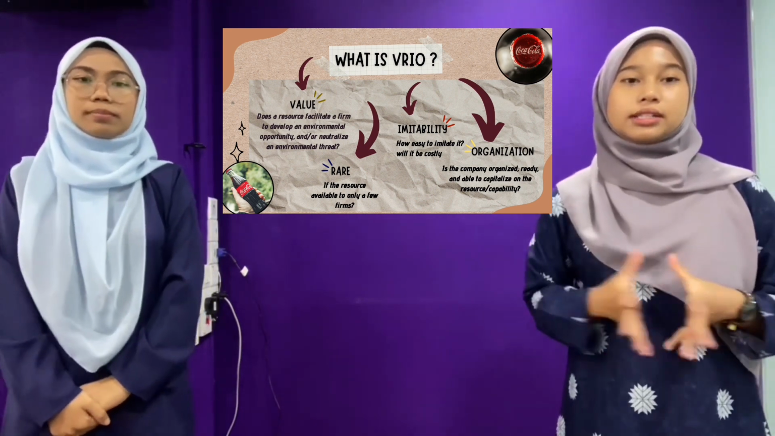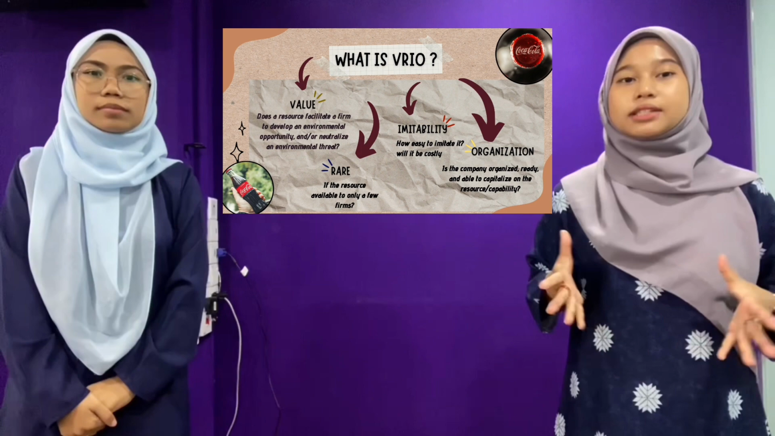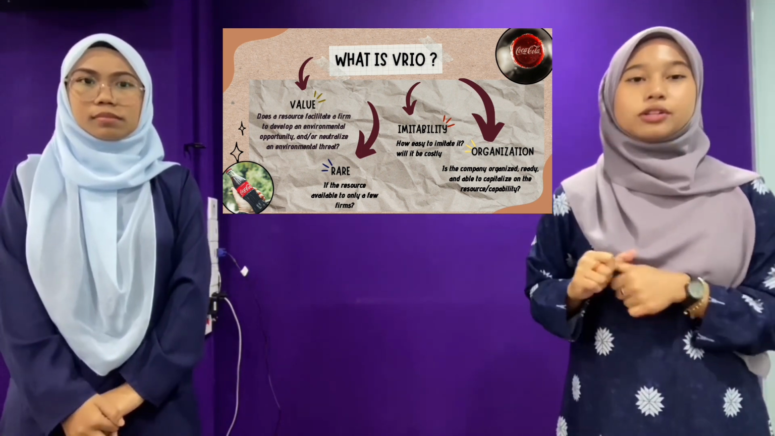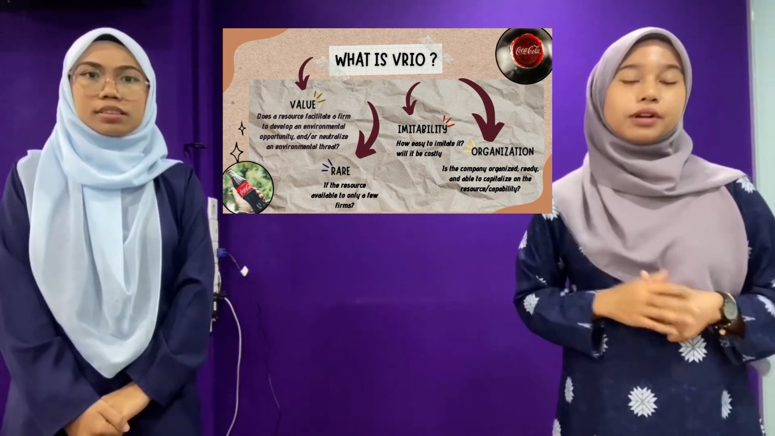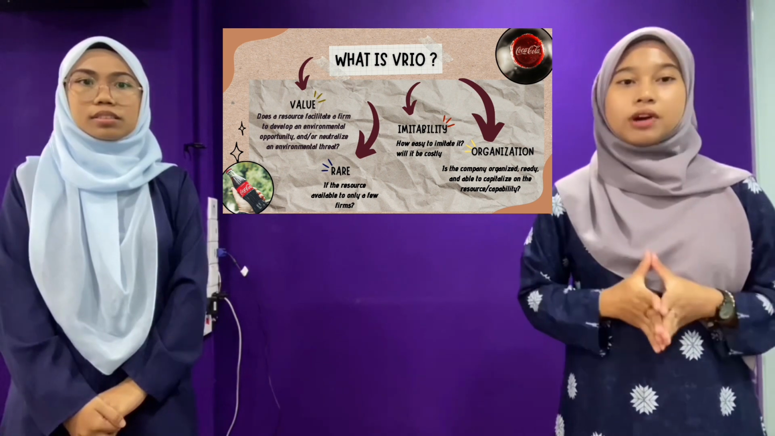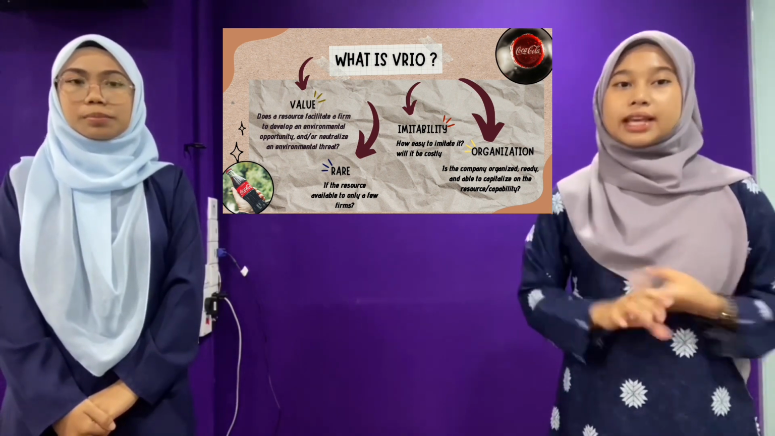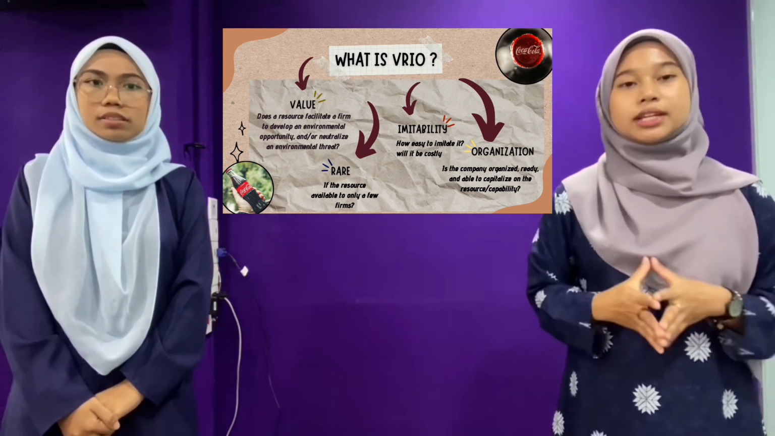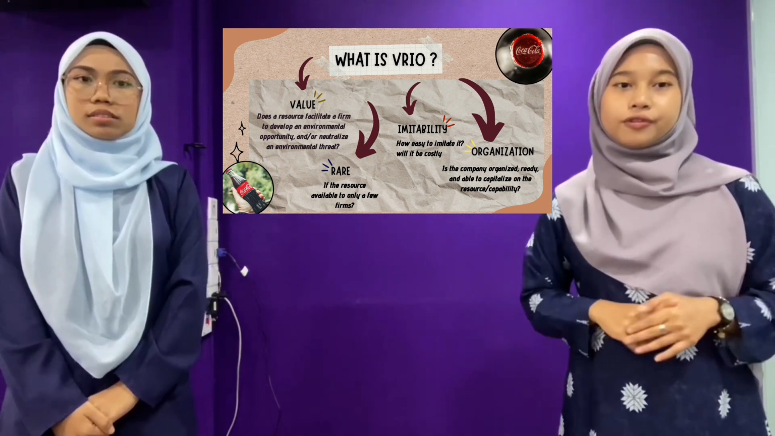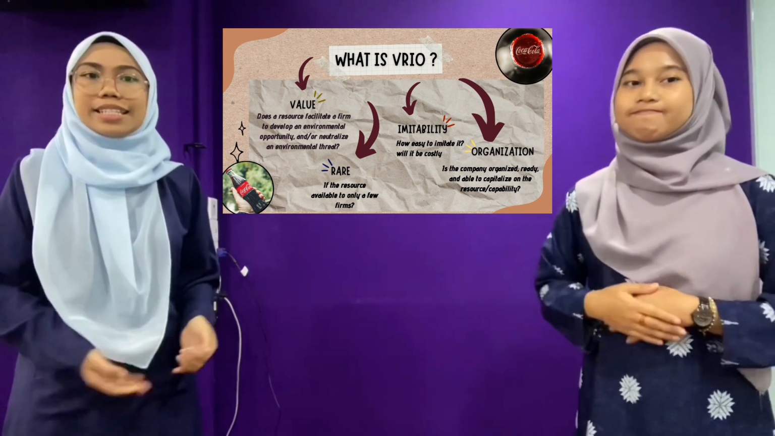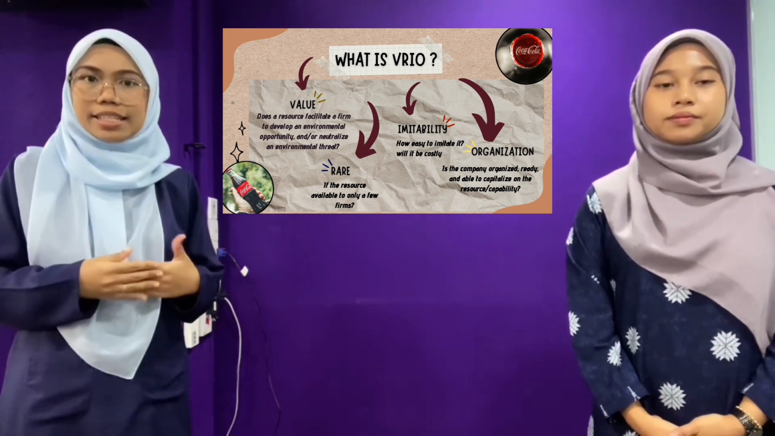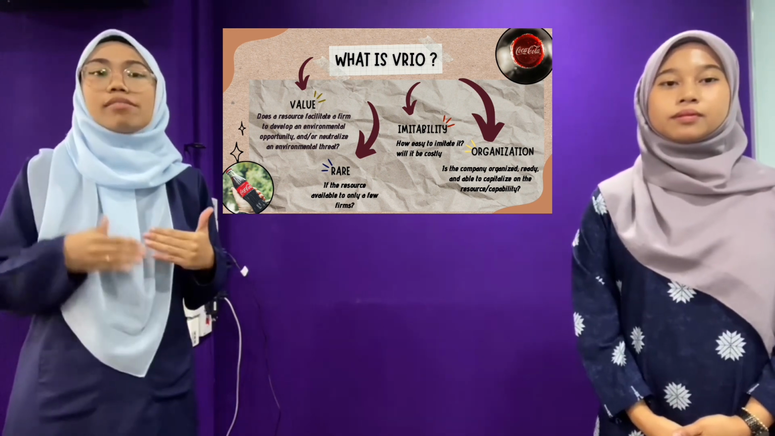So, the second slide is VRIO. What is VRIO? The first is value, V. We start with the value. Does a resource facilitate a firm to develop an environmental opportunity and or neutralize an environmental threat? The second is rare. The question is, is the resource available to only a few firms? Next is imitate. Imitate explains how easy it is to imitate, is it hard to imitate, or create a ready substitute